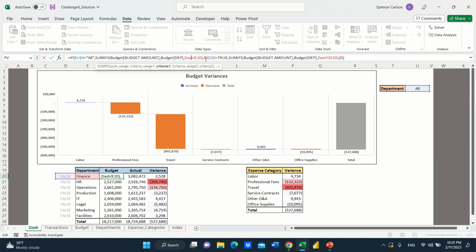However, if it does not say All, we need to put in one more IF statement. So if it says something else other than All, we need to evaluate whether the slicer says finance. If it does, we need it to still pull in data. If not, don't pull in any data. We need to have it show 0. So if that All statement is false, does this equal true? If it does equal true, it means that this slicer equals finance, and we need to still pull in our